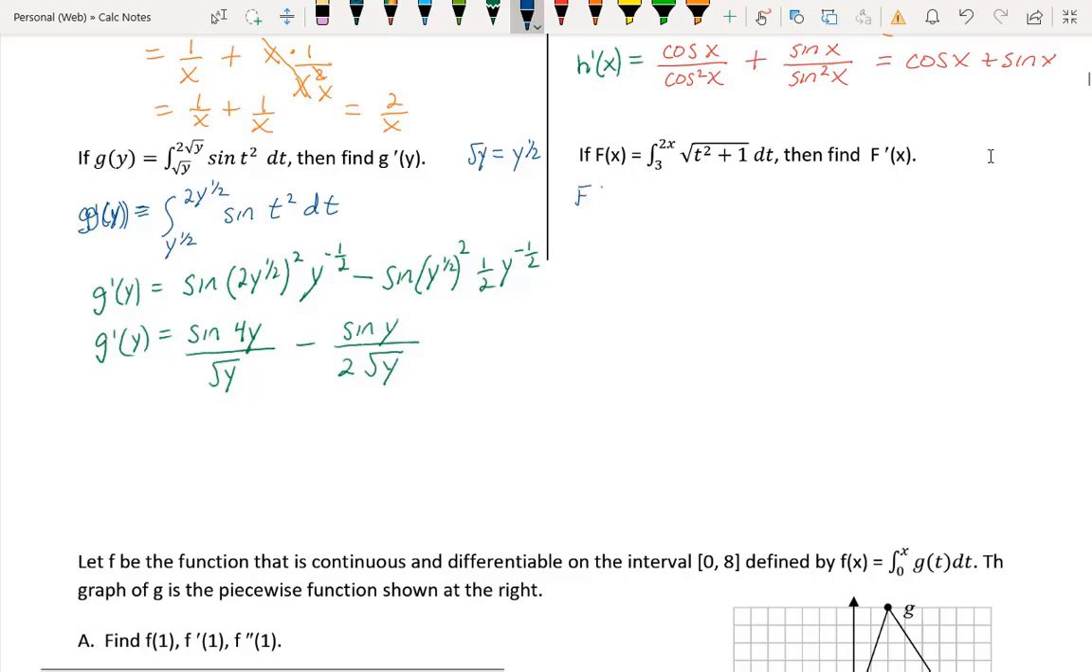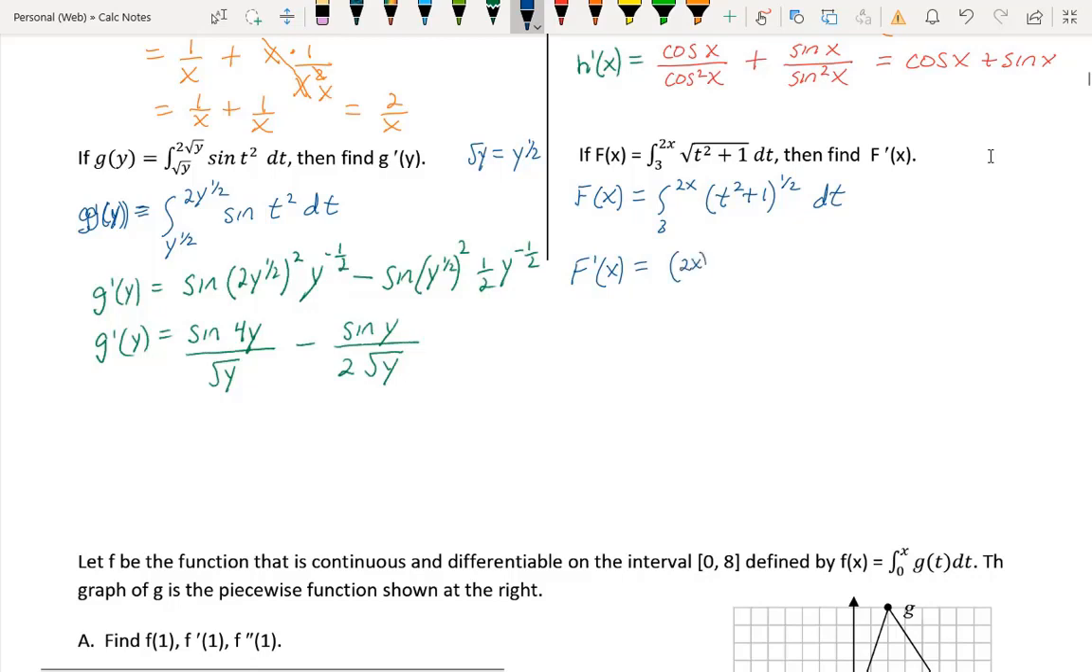This is f of x equals the integral from 3 to 2x of (t squared plus 1) to the 1/2 power dt. We're supposed to find f prime of x. So f prime of x, again, all I'm going to do here is plug in 2x for t. So this is going to be